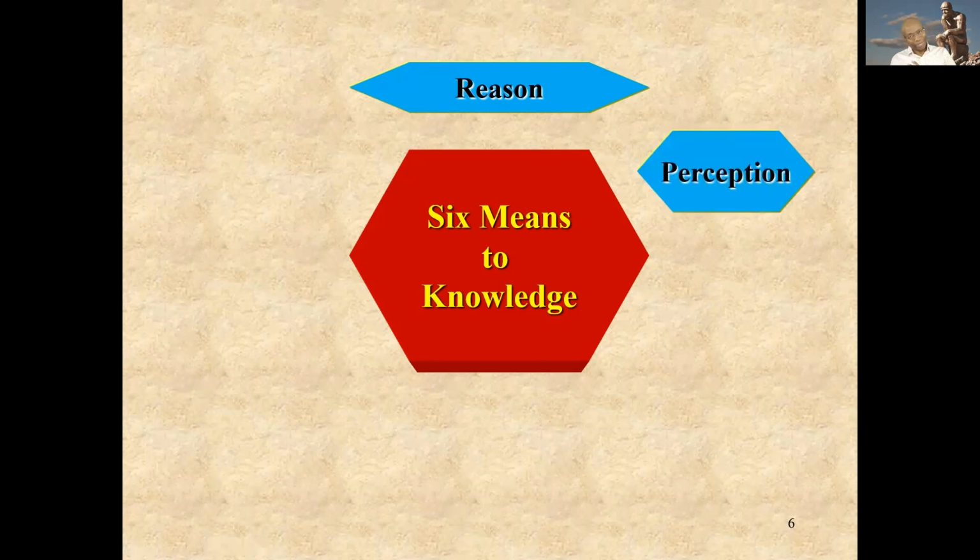Then there's perception. This is not as obvious as reasoning, thinking logically. Perception is the mental understanding that goes beyond the facts. With reasoning, you're processing data in a particular way. With perception, you understand something. Like, for example, in front of you, you see 6 means of knowledge. If you did not speak English, those would be just scribbles on the screen. But since you do understand language, your mind is perceiving the meaning behind those symbols in front of you, right?